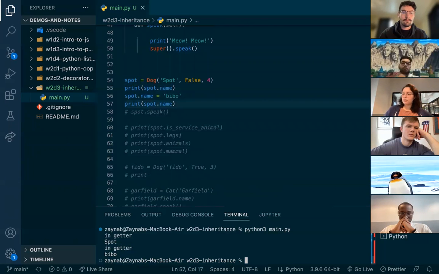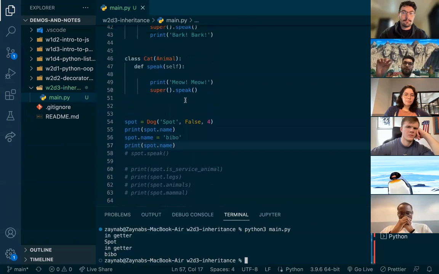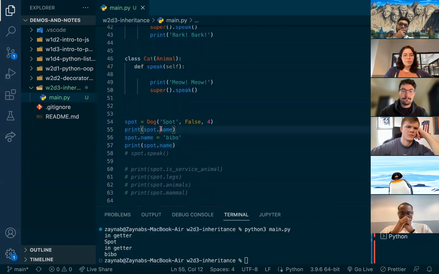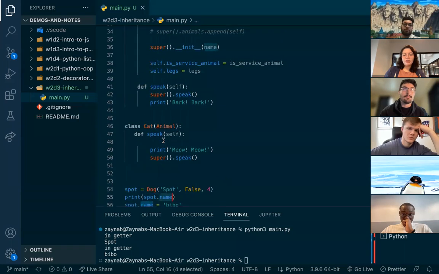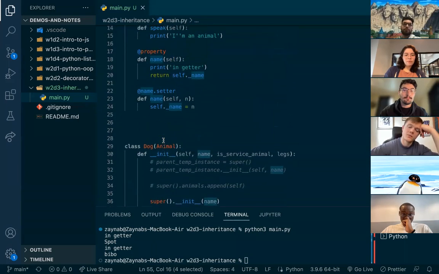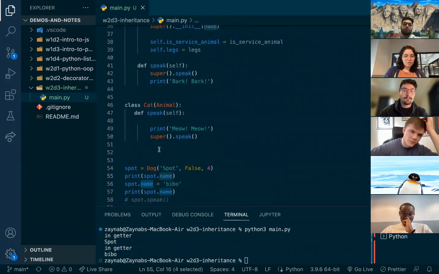Yeah, Lewis. Can you explain what's actually happening behind the scenes? Yeah, so our getters get called whenever you have instance dot that property name. So up here, I'm actually gonna create this a little closer so we can